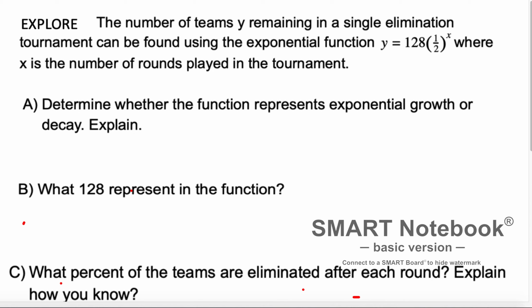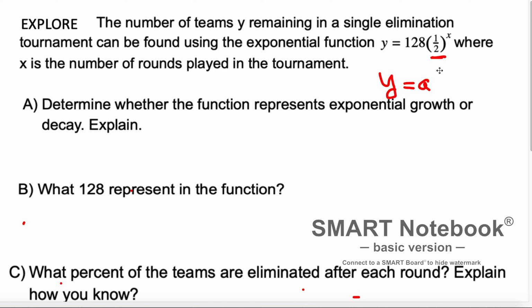The number of teams y remaining in a single elimination tournament can be found using the exponential function y = 128(0.5)^x, where x is the number of rounds played in the tournament. Determine whether the function represents exponential growth or decay. Explain. If we are looking at this function here, we already know the general form of this function is